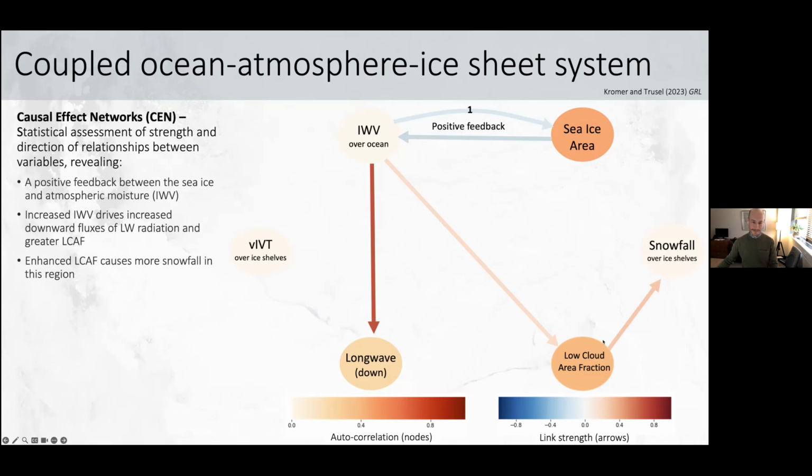And there's also a positive causal relationship, according to the CEN analysis, between this low cloud area fraction and snowfall over the ice shelves. And so what this is showing is this causal chain between a reduction in sea ice, an increase in water vapor, an increase in clouds as a result, and an increase in snowfall over